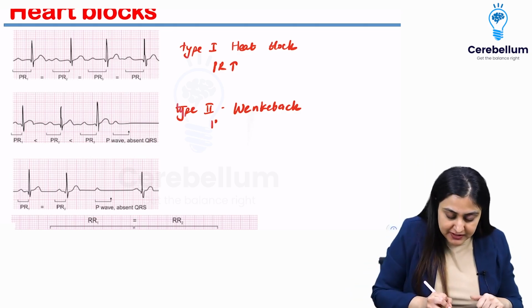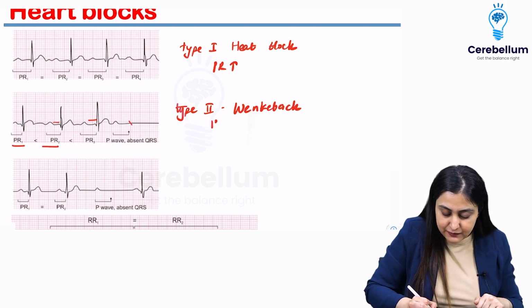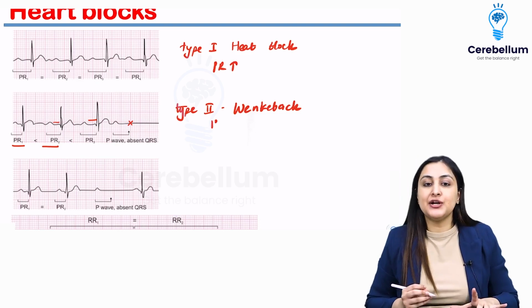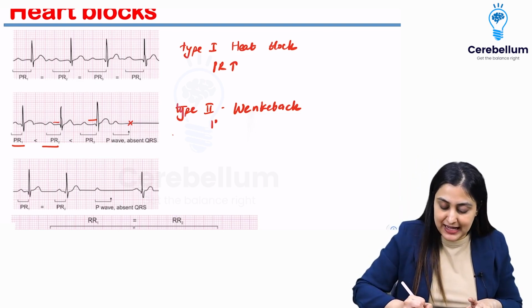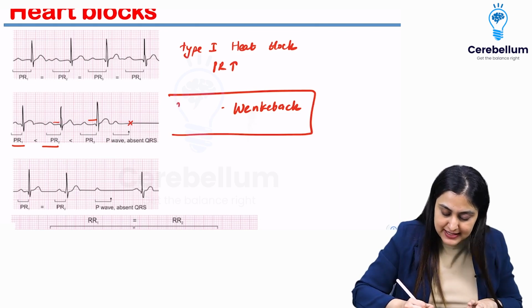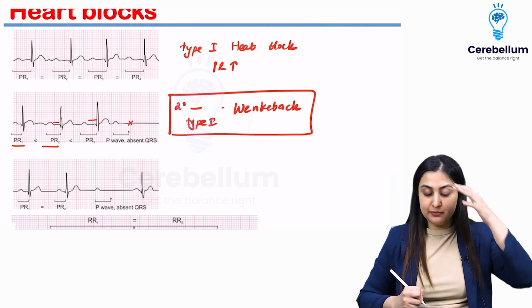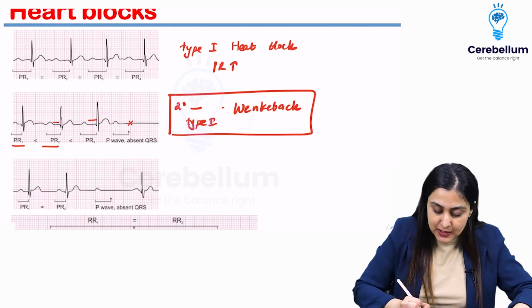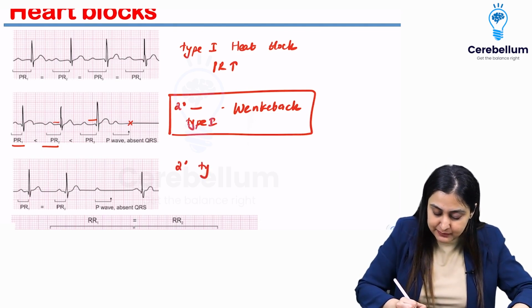What happens here? The PR interval keeps increasing. Look at this. It keeps increasing and then suddenly it's gone. There is no P wave which turns up. After that you are separated. So this is your second degree heart block of type 1. That's how we can better put it. So second degree heart block of type 1, which is the Wenckebach type, whereas